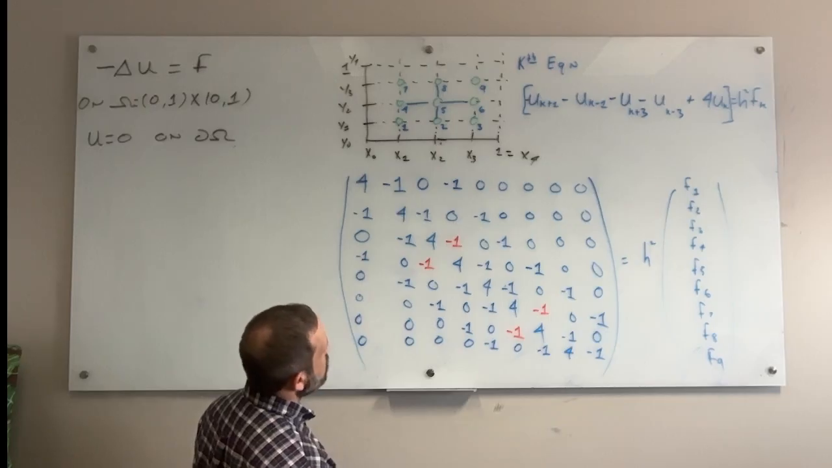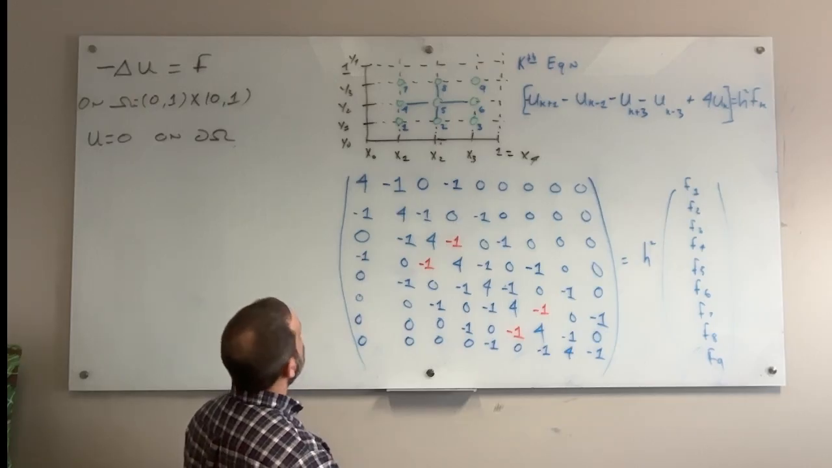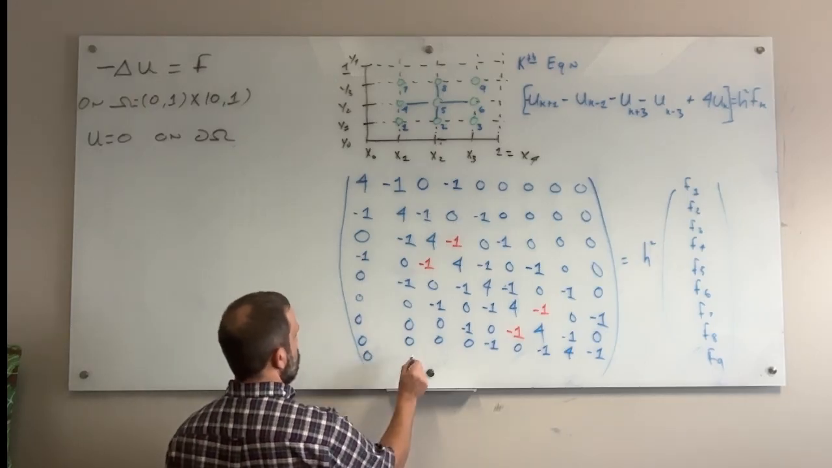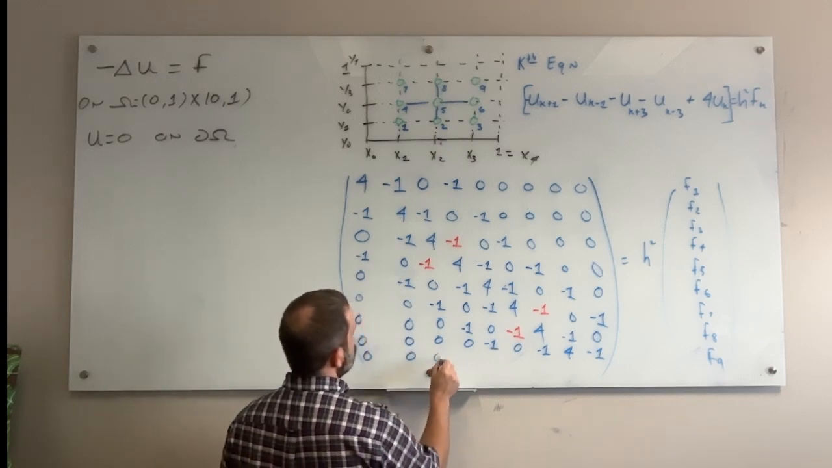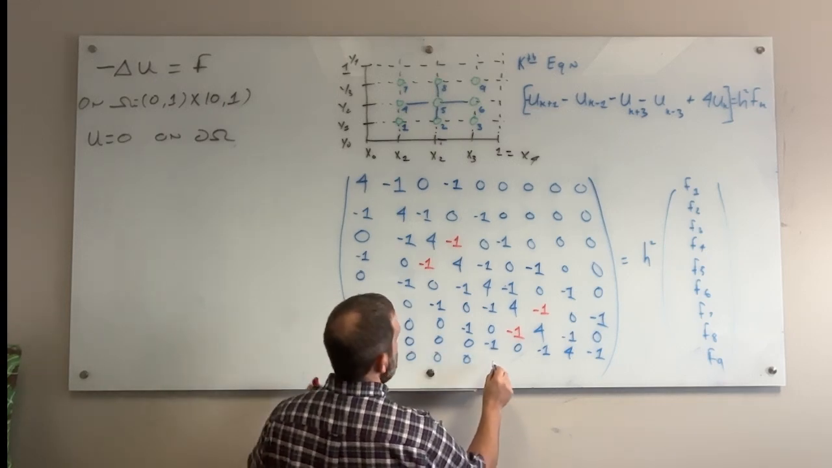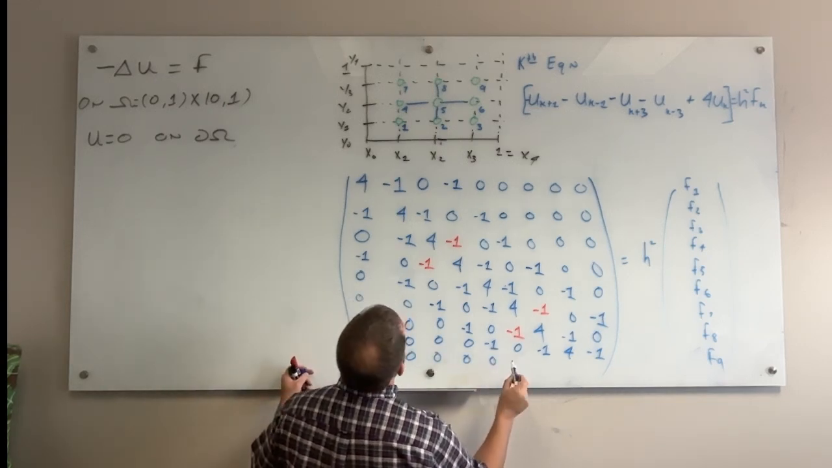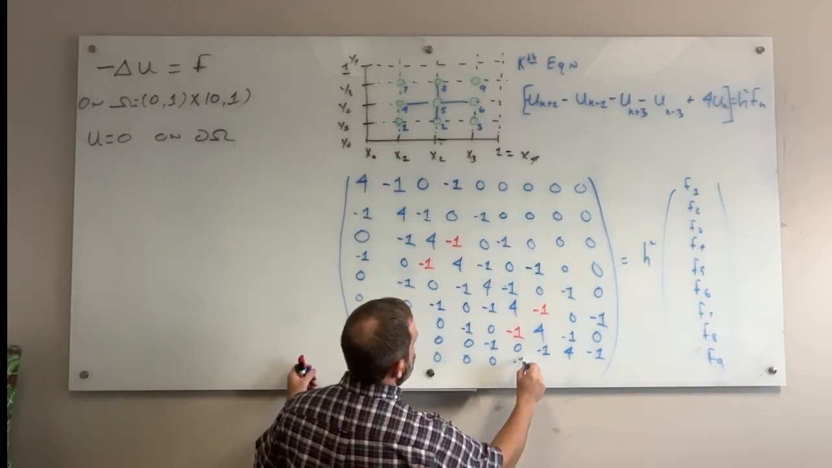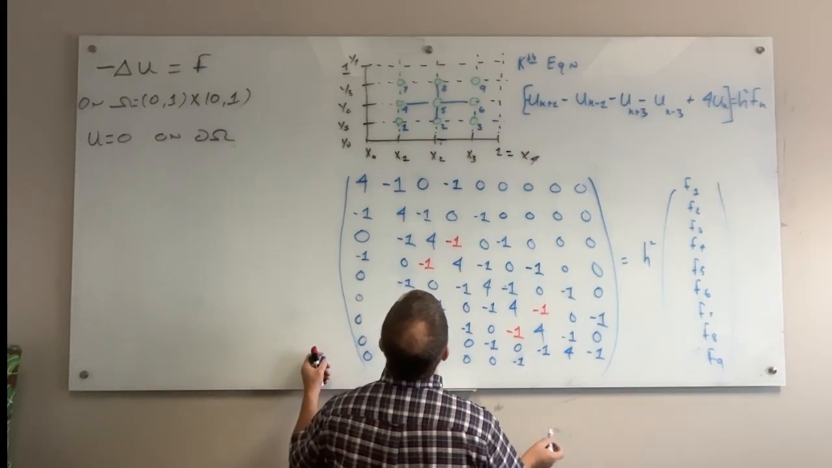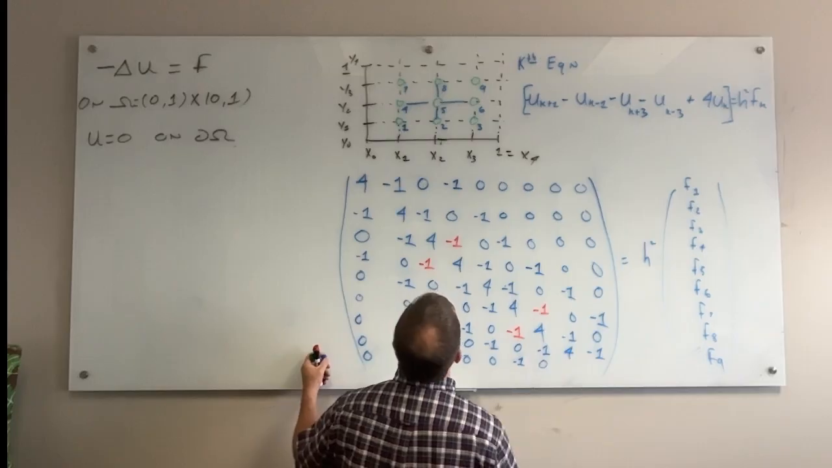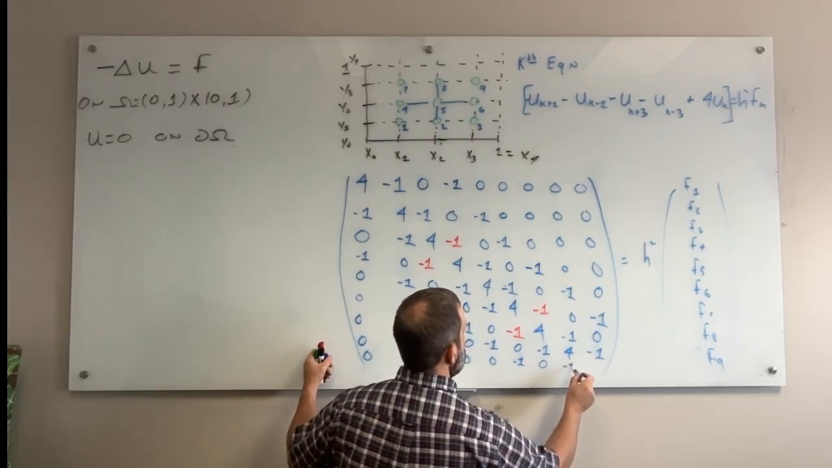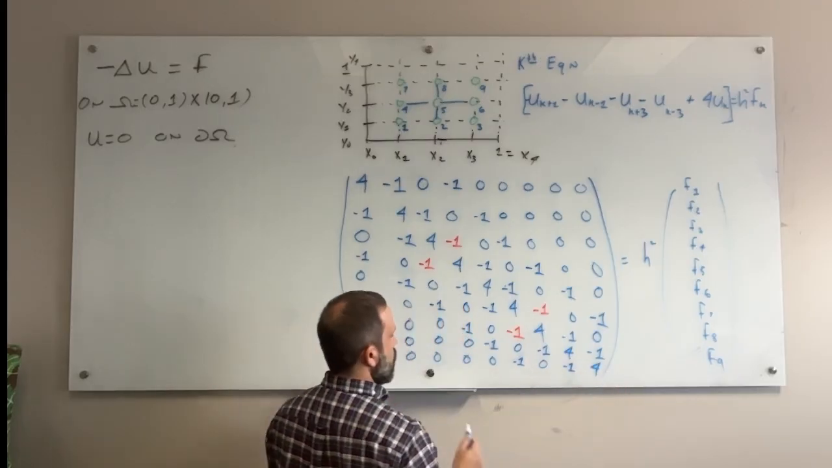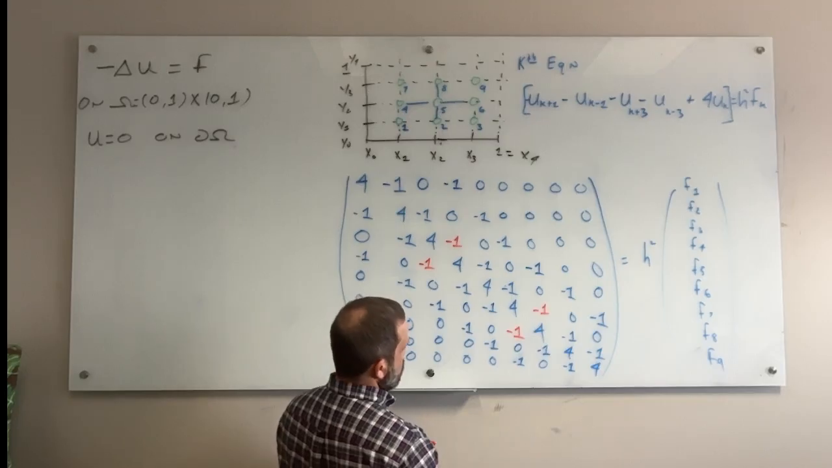And then finally, when we look at the ninth equation, the coefficient on U1 is 0. On U2 is 0. On U3 is 0. U4 is 0. U5 is 0. The coefficient on U6 is minus 1. The coefficient, according to the stencil, on U7 is 0. The coefficient on U8 is minus 1. And the coefficient on U9 is equal to 4. However,